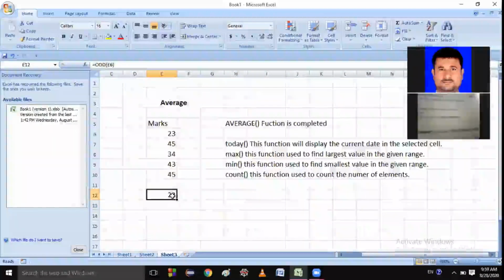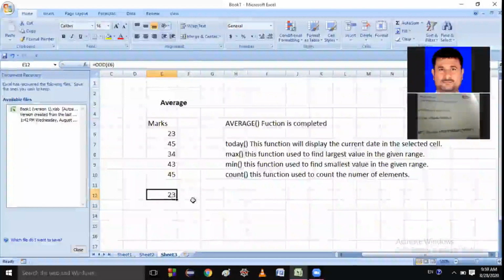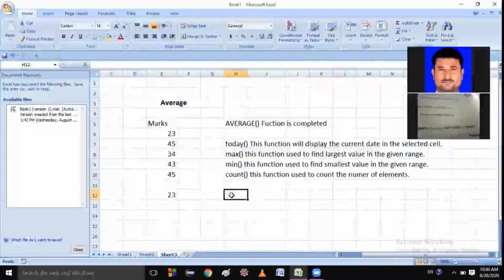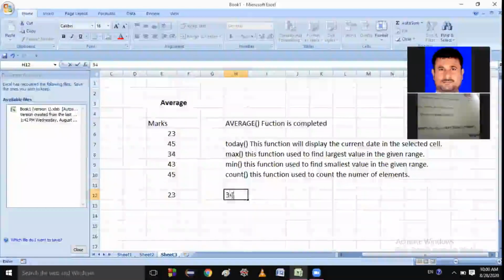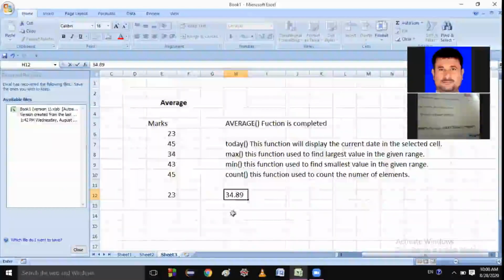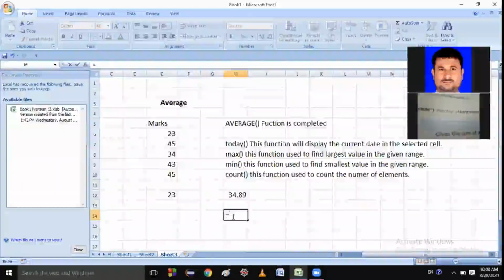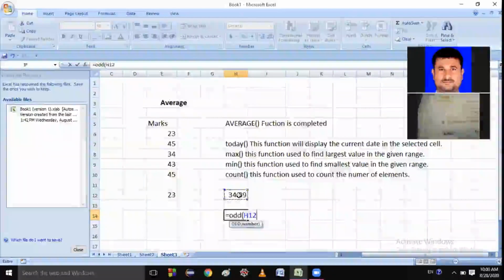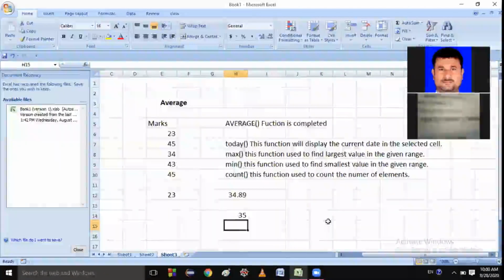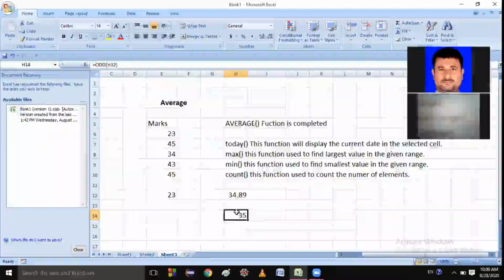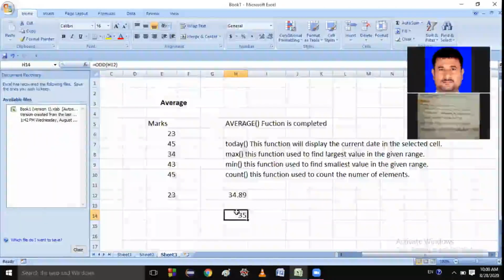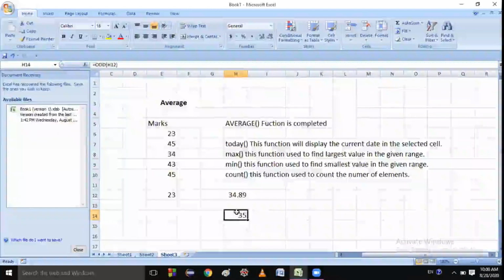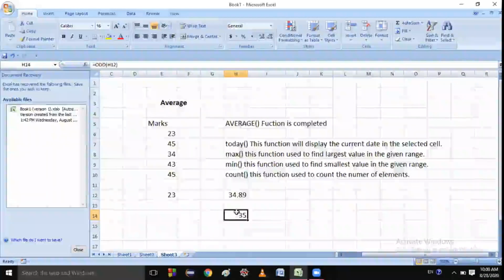Basically it will take only one number, so it will not take ranges. Suppose I write here 34.89 and I write equal to ODD of this, press enter, what will you get? 35.